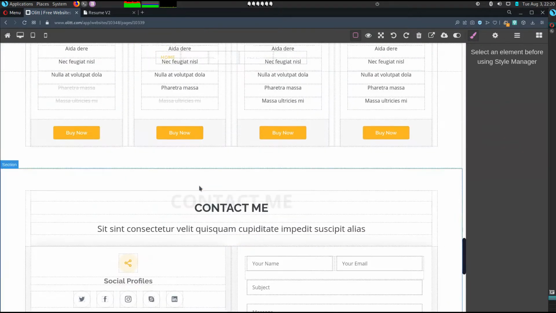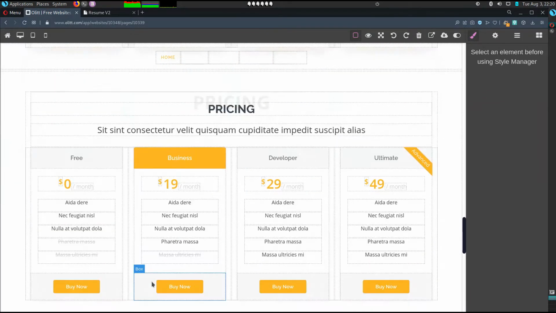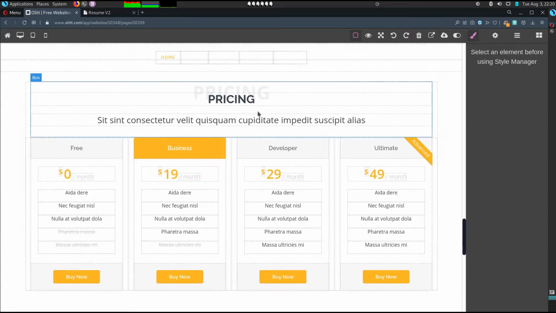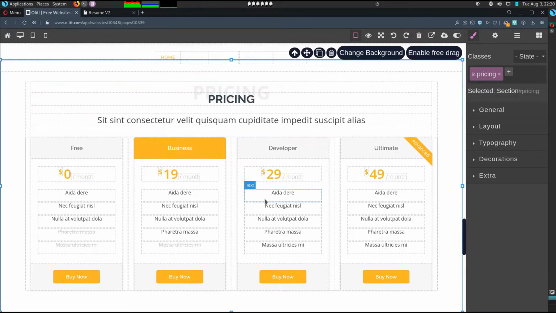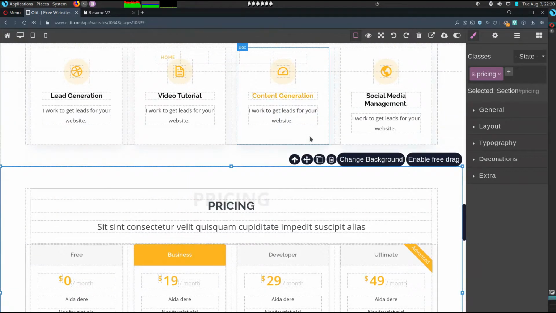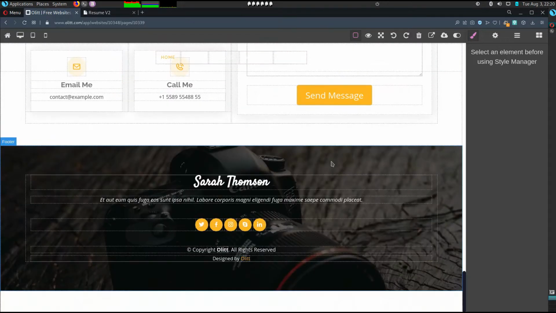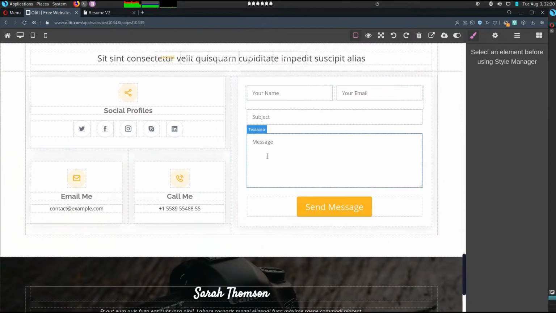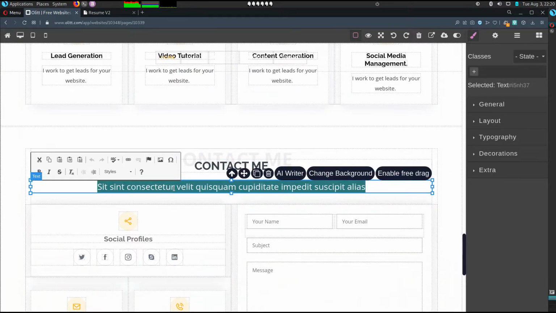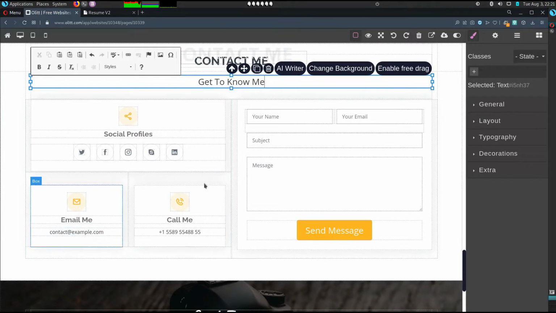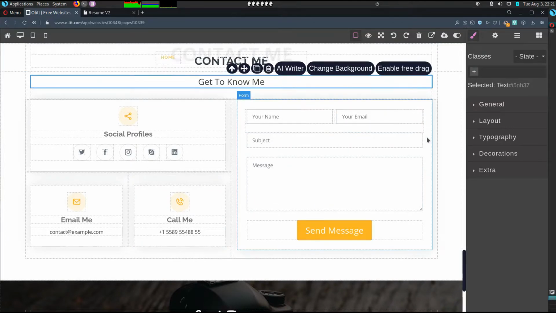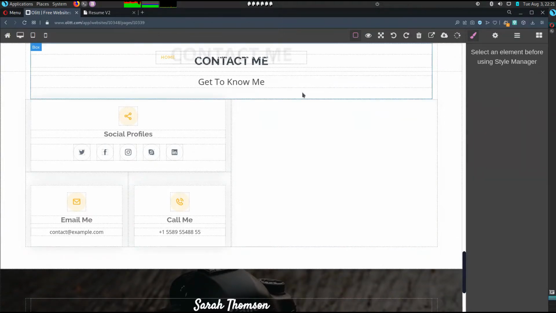And the same goes for this pricing section. In case you'd like to have it, you can stick with it as well, but for this particular tutorial I don't need it. Remember, this is just a dummy website, so we'll be left with the footer and the contact section. So for the contact section, we can write something as simple as get to know me, and this is the social profile, your email or your calls, and this is the forms. So I don't need to have the forms on my site, so I'll delete it,